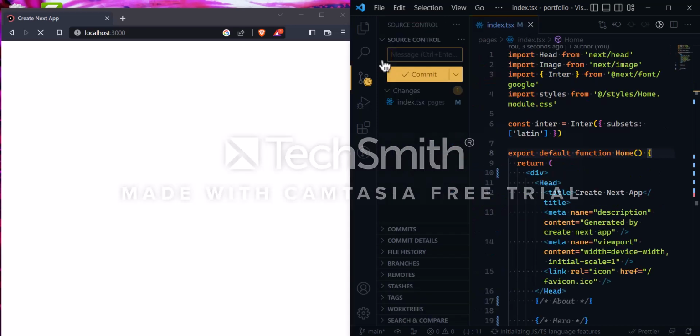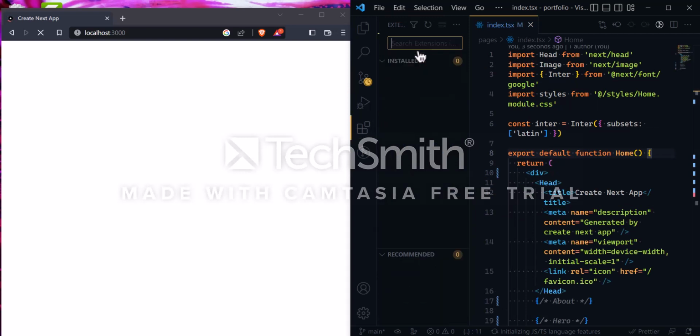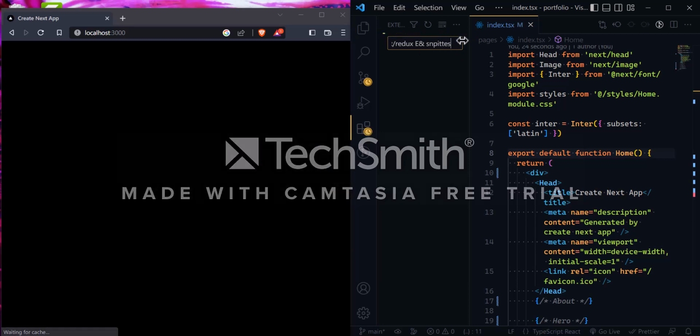Okay, so not this one, React Redux ES7 snippets. Oh, spelling is wrong. Okay, so